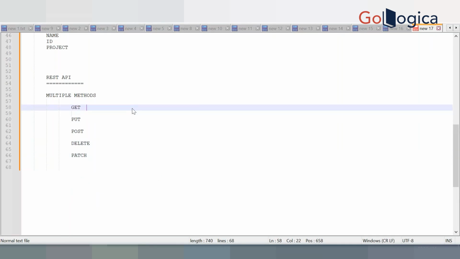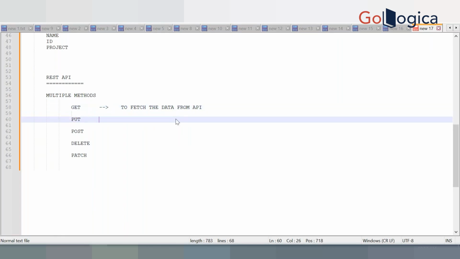Get means, if an API is there and you want to fetch the data, you can go with the get API, to fetch the data from the API.